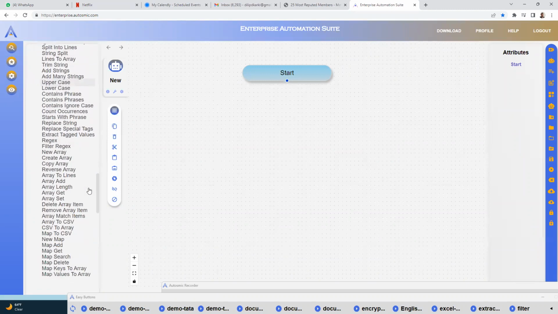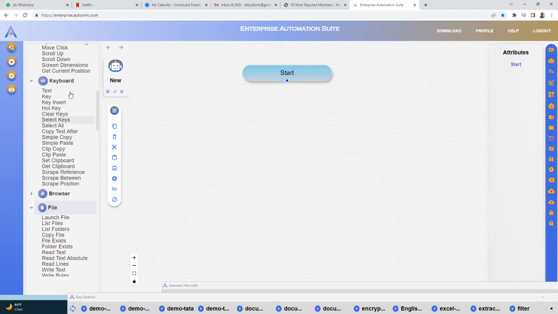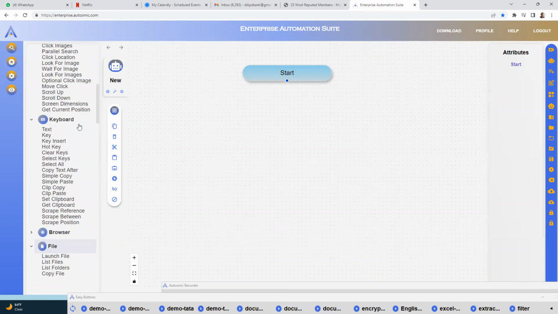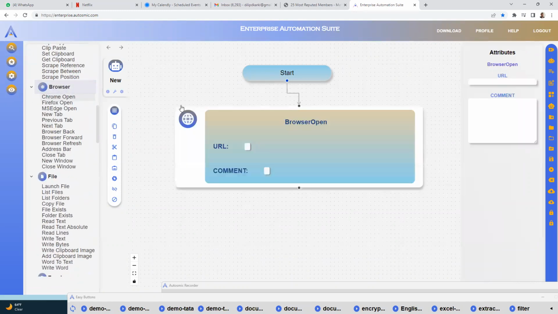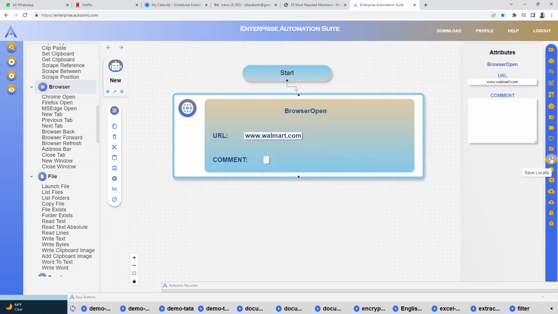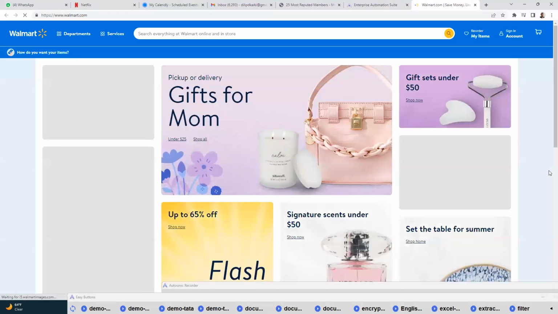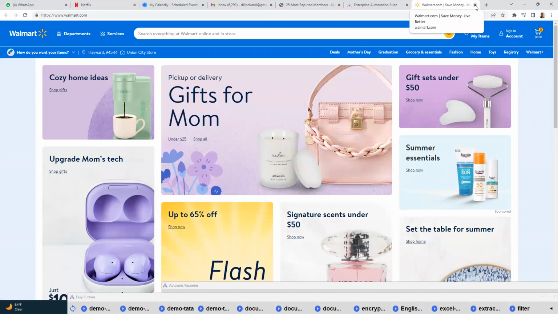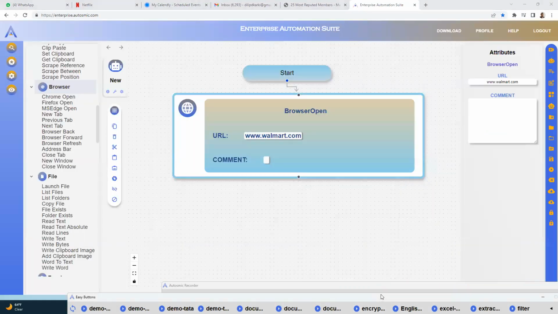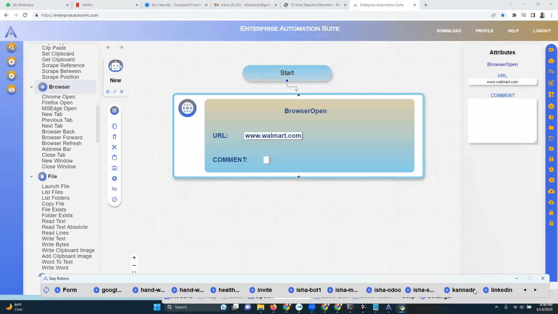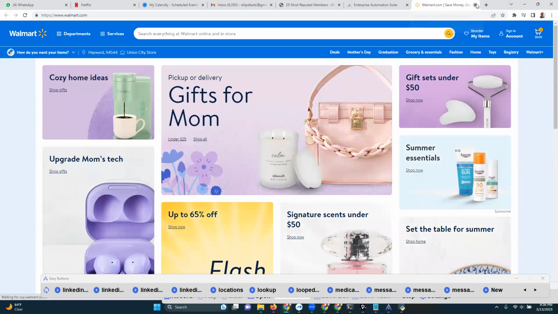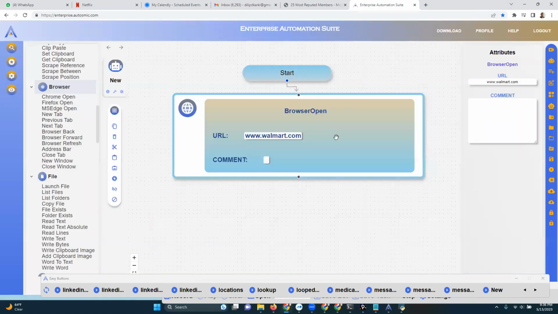So I'm just going to do a very simple, very basic bot, which just opens up a website. That's it, as simple as that. So I'm going to just drag Chrome open and www.walmart.com. And I'm going to save that and play it. Once I play this, you'll notice it's going to walmart.com. As simple as that. Now, this bot can be launched from here, or you can launch it from the toolbar here as well. If you click on this one, it will launch Walmart. So the bot has already been built, right? Now, what if I wanted to now